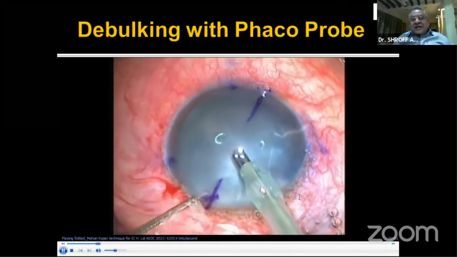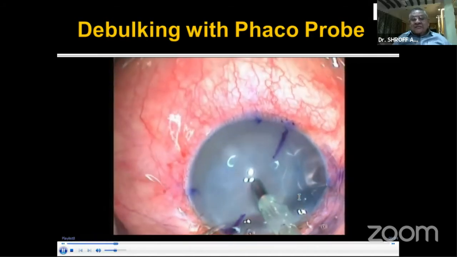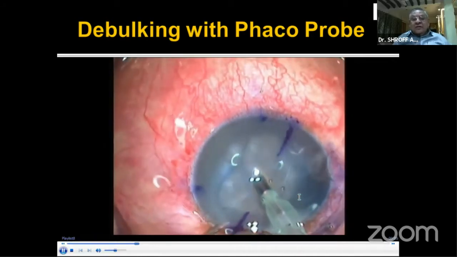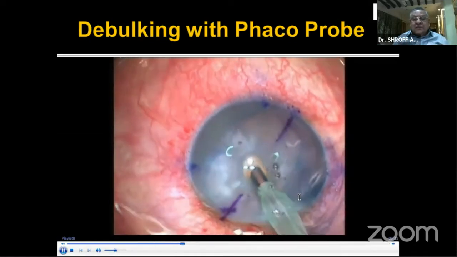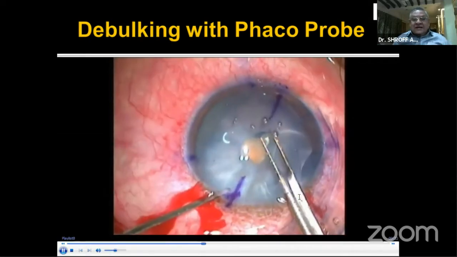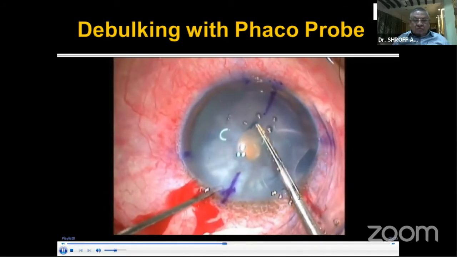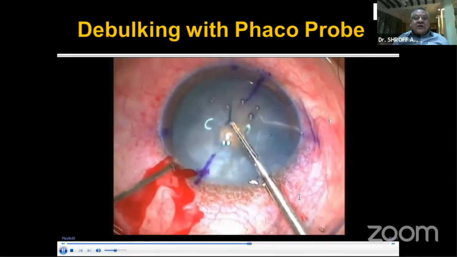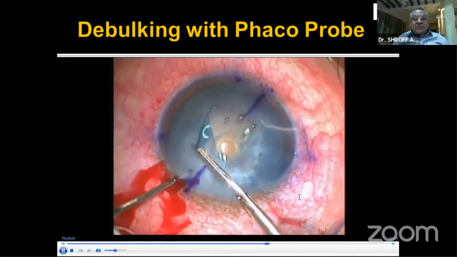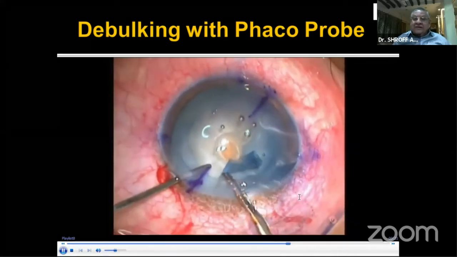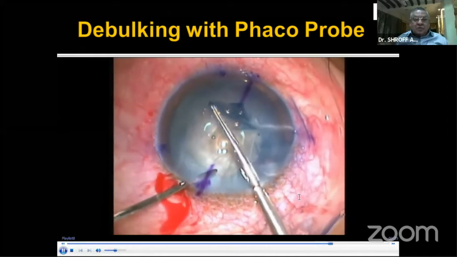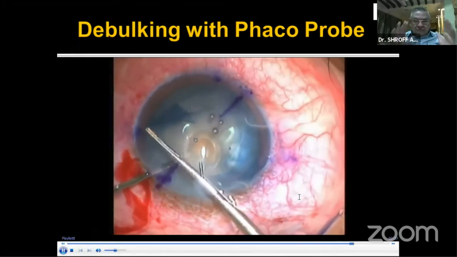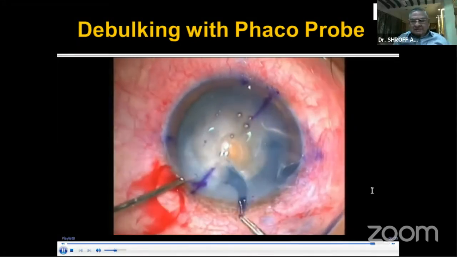This is very important. You can see that now I am trying to debulk with the Stellaris FECO probe, vacuum being 500. I am very careful this time. Only the central part, just debulk, and then once it is done, form the chamber, and you can see that you can very beautifully make the rexis. However, you have to be careful. That carefulness, proper attention is a must.